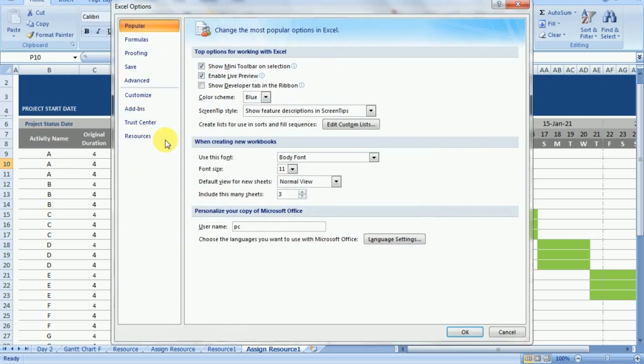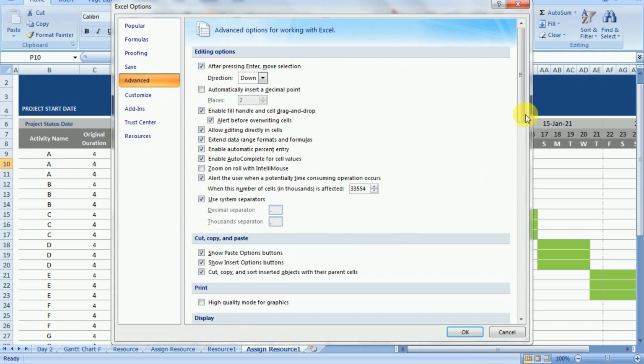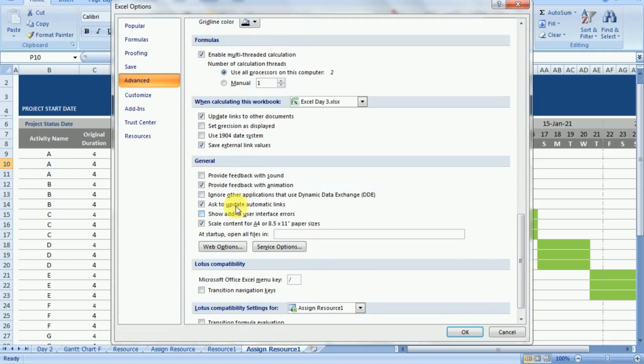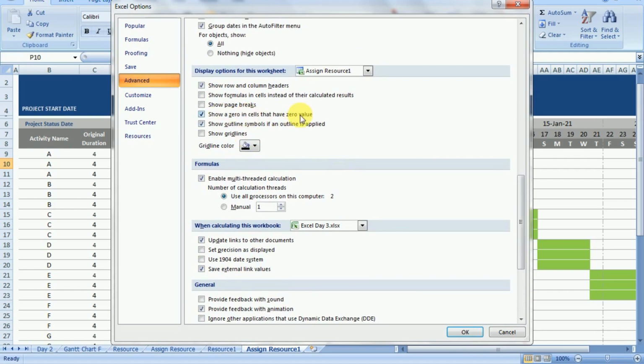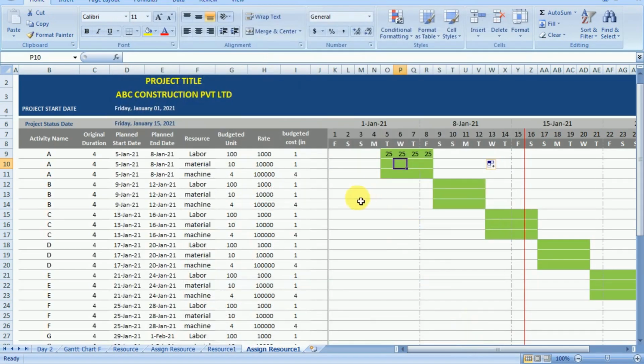Now we want to hide the 0, so you can go to the File option and then click on Advanced, and then uncheck show a zero in cells that have a zero value. So by clicking it, the 0 will not be shown in the cell where 0 is the output.